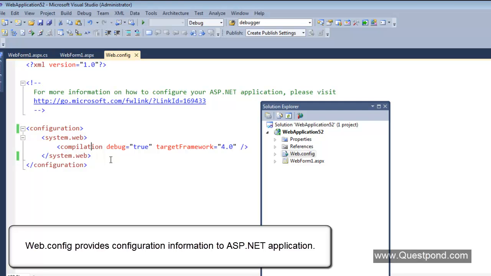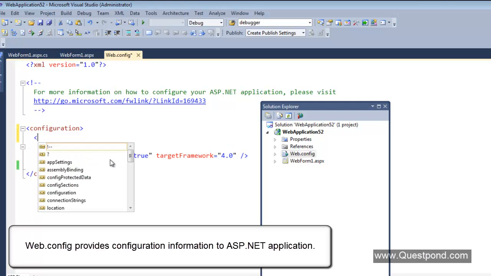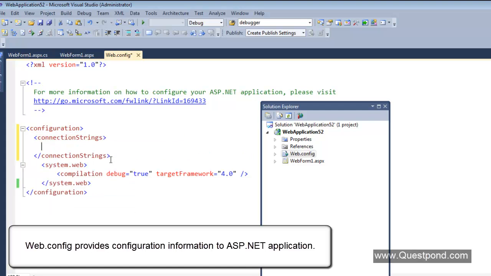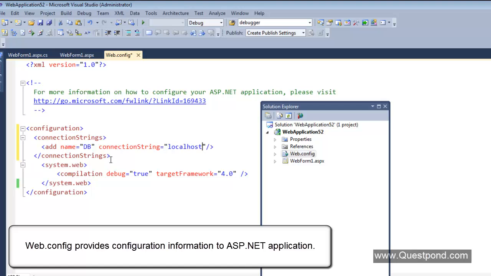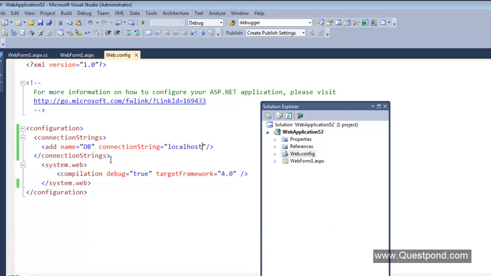You can have a connection string, for example. If you want to provide a connection string, then you can say add connection string, and give some name here, like whatever database, and then the value saying that this connection string will point towards localhost. So the web.config file provides configuration data to your application,